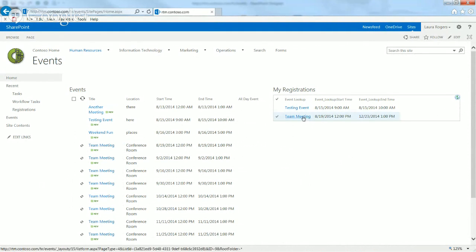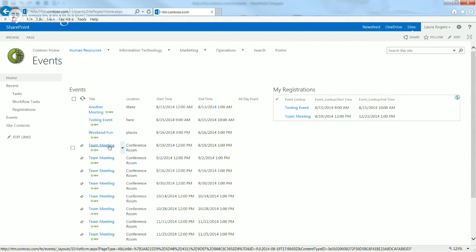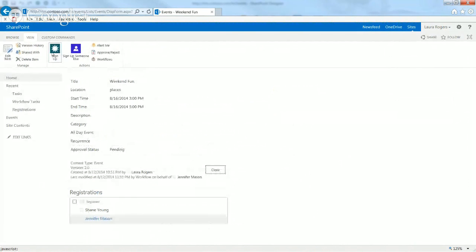See, it went ahead and added me, but I think it was because the first time I clicked it, I clicked the drop down, and the second time I clicked it, I actually went into the item and clicked it. So I think that makes a big difference. Let me go to Weekend Fun and click Sign Up,